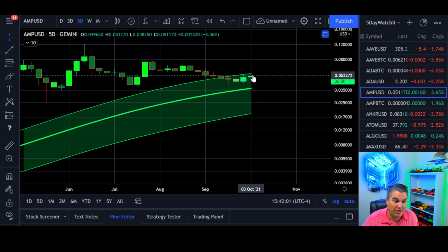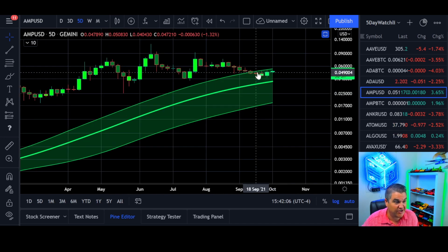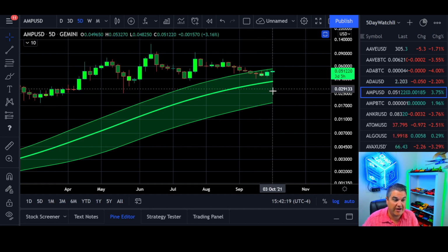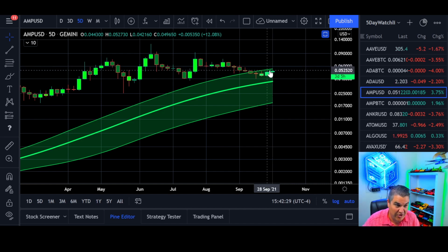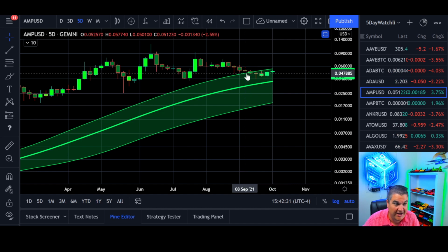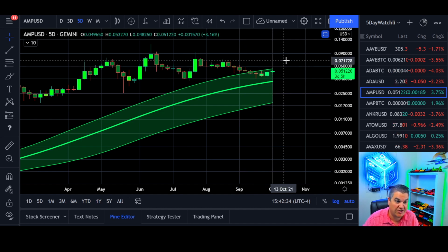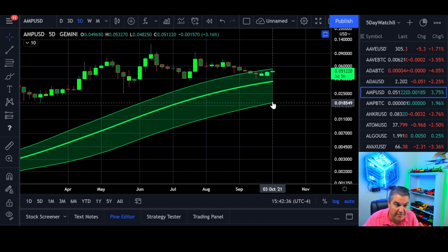So we just want to watch this on a 5-day Gaussian channel, big key indicators on these because the 5-day tends to have the least amount of fake outs across any coin. You can use them on Bitcoin, your favorite altcoin, AMP obviously, Ethereum, whatever. Historically, anytime you're at the bottom of a channel, it's a good time to be buying. And basically, you don't want to be in it, period, plain and simple. But if you can seem to hold on the top line and bounce, that's a good sign. A lot of coins are above the channel. A lot of coins are at the bottom of the channel.